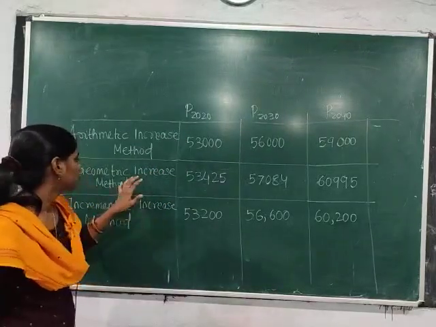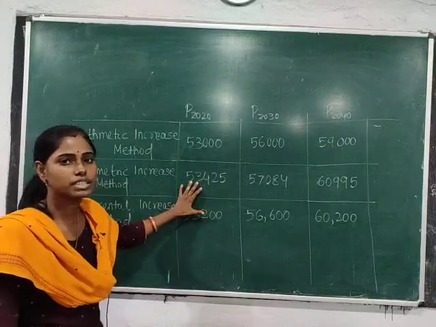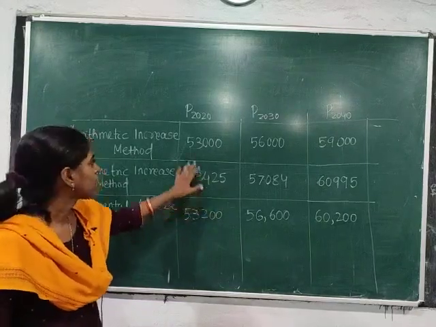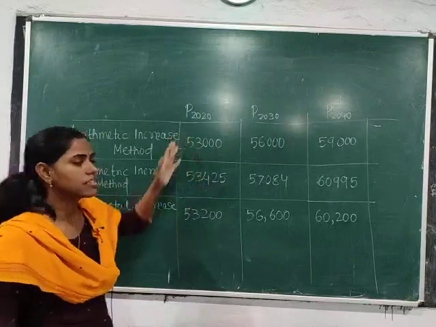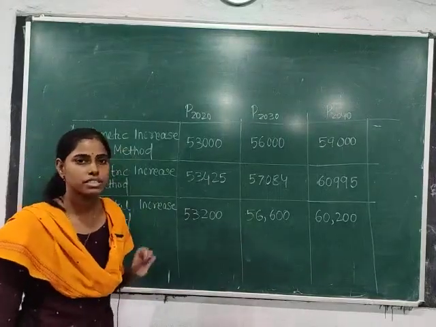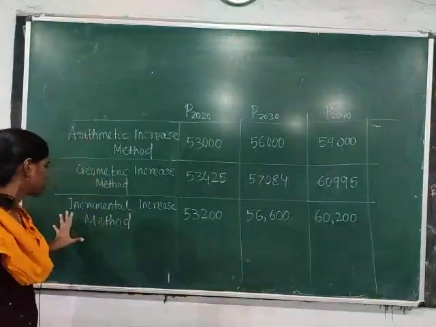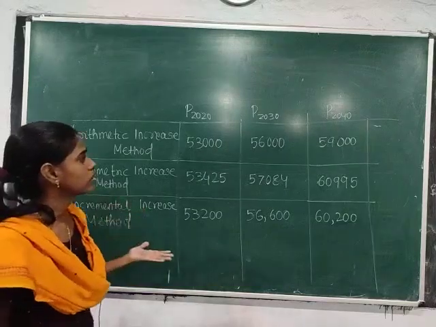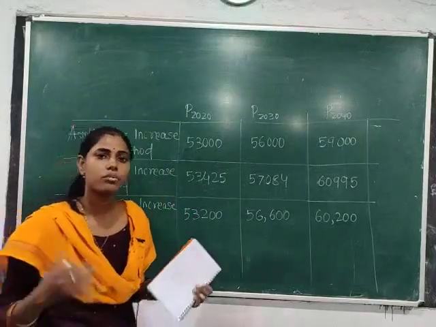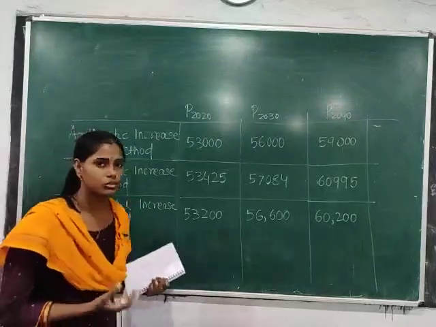As the geometric increase method is giving much higher values, it is suitable for newly established cities where there is a large chance or scope for expansion. And the arithmetic increase method, as it is giving lower values, is suitable for old and already established cities, because there the growth rate is nearly constant. The incremental increase method is suitable as it lies in between these two values. So, it is satisfactory for any type of city, suitable for old and also for new cities.